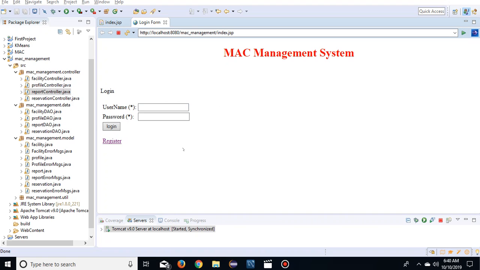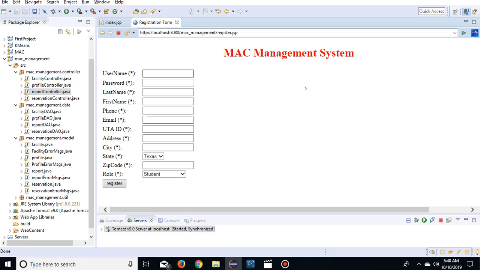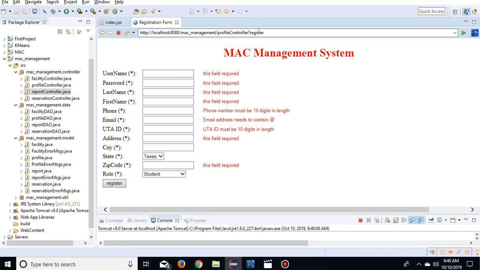So now let's register an admin. We hit register. All the fields have the same validations that were present, so let's try and hit register. You can see all the same thing. So let me enter all the correct values for the admin. Let his username be admin, his password,